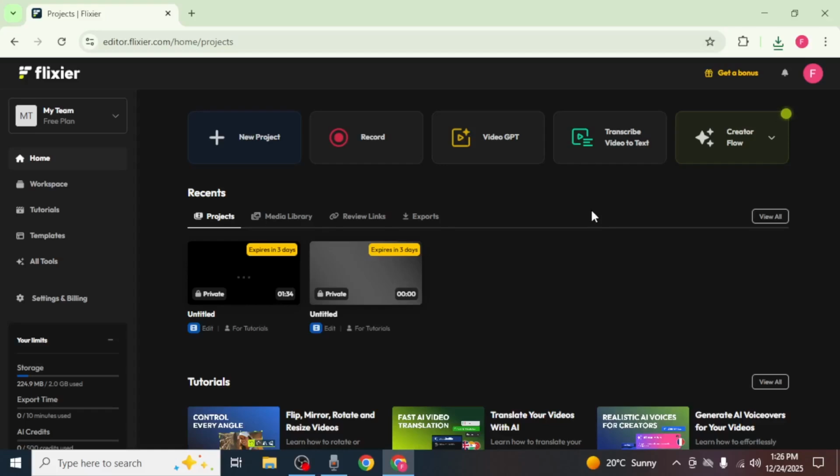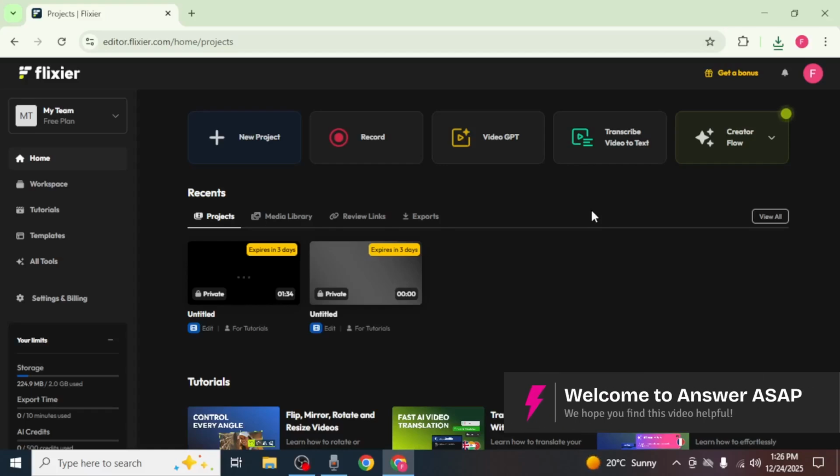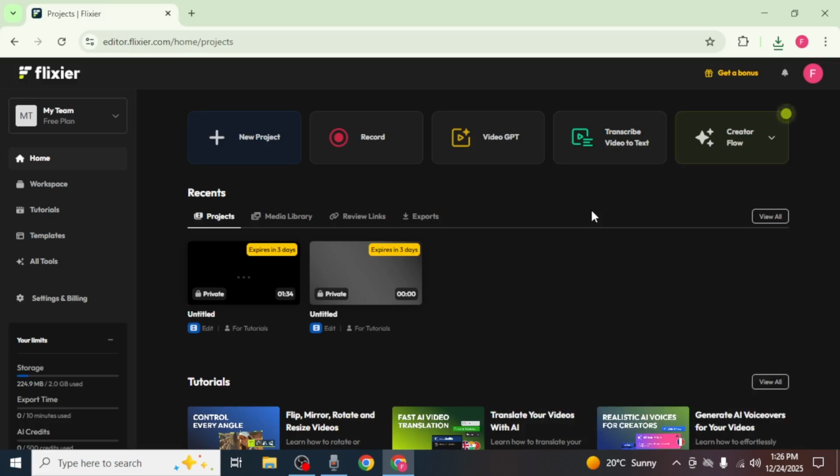In this video, I'm going to show you how to compress a video in Flixier. Start by logging into your Flixier account and go to the home page. If you are currently inside a project, simply click on the Home icon in the top left corner to return